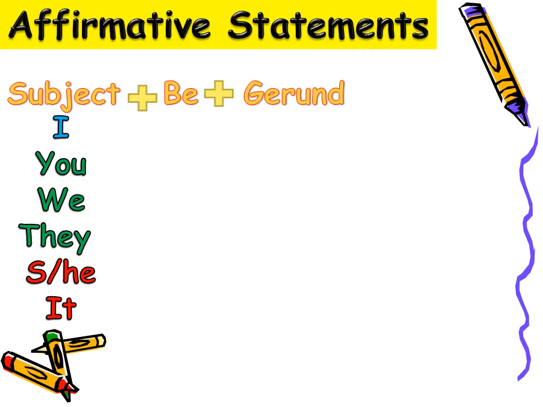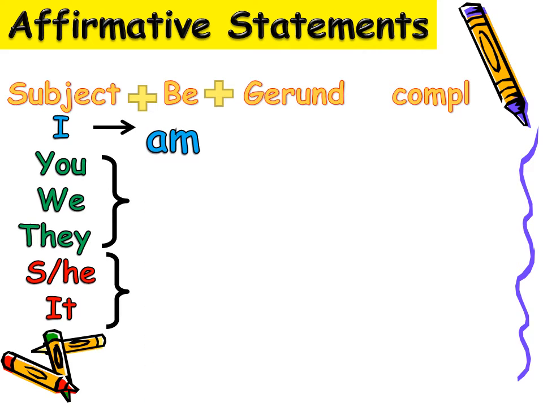The subject I have: I or you or we or they or he or she or it. Then I add verb to be. With I put am. With you or we or they I put are. And with he or she or it I put is. What about the gerund? I add